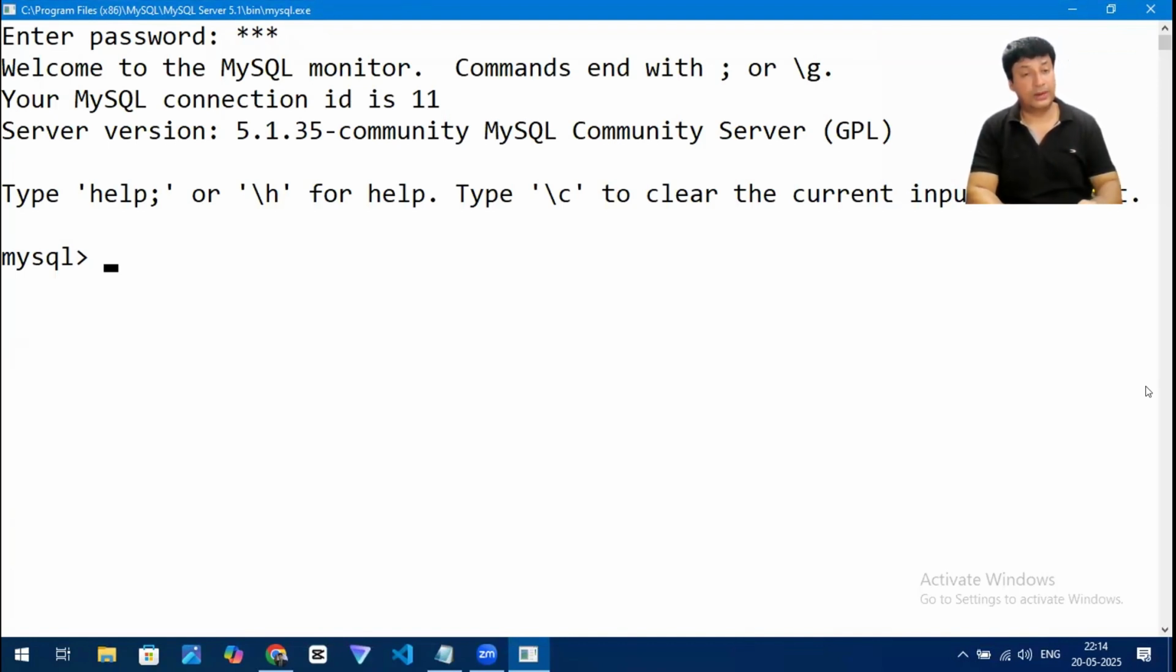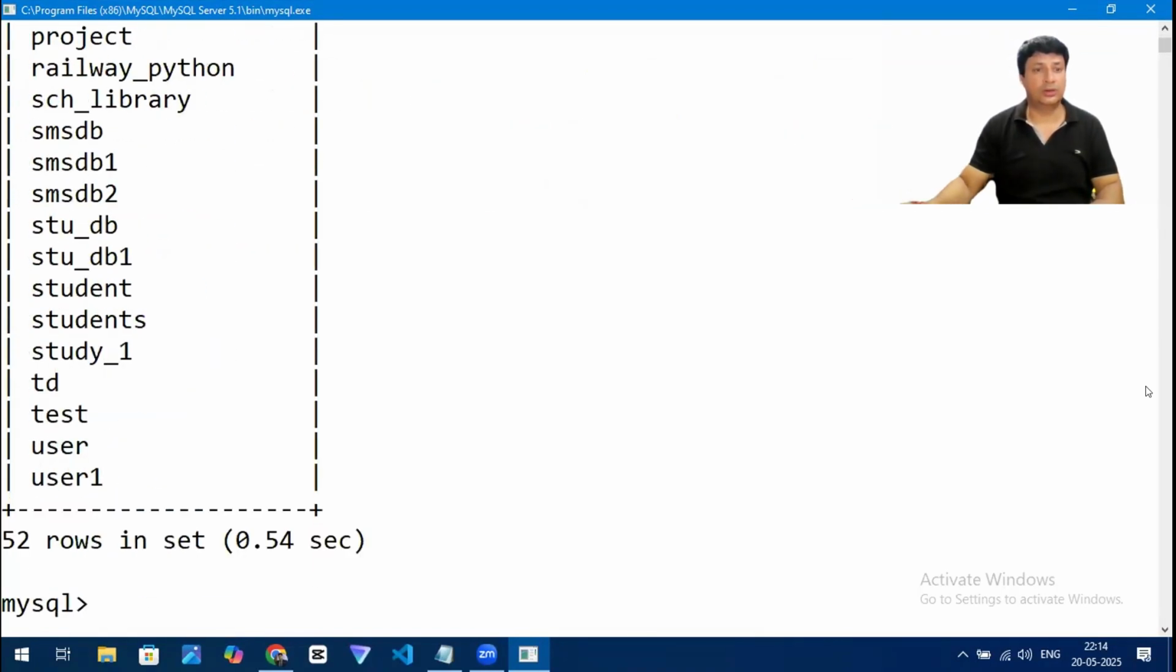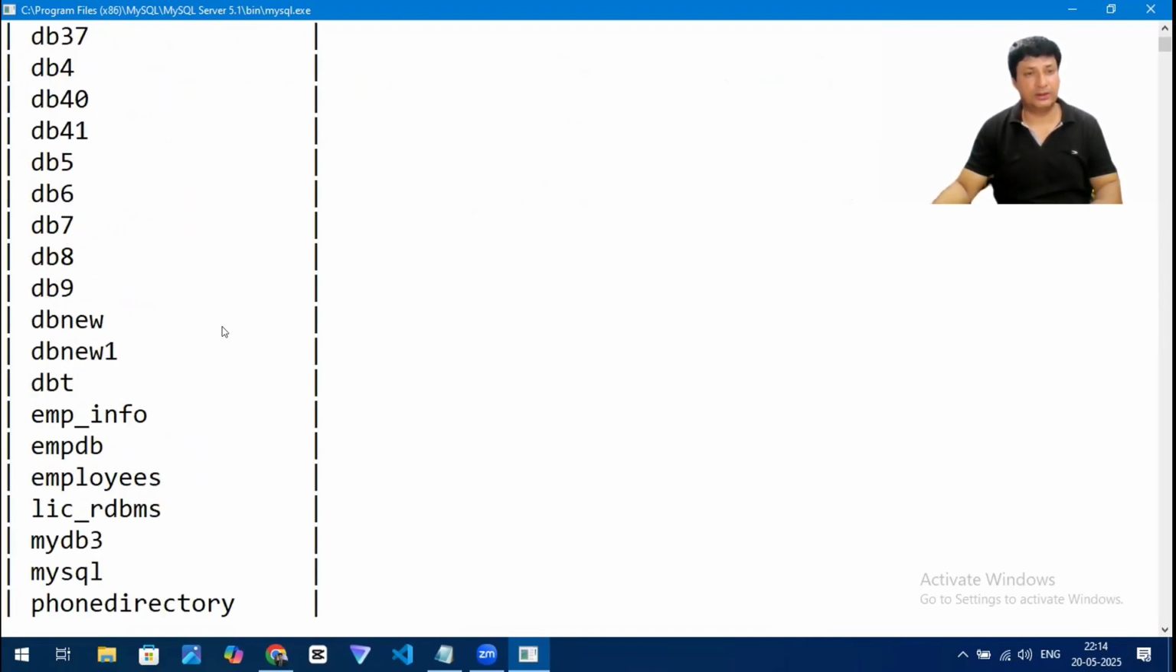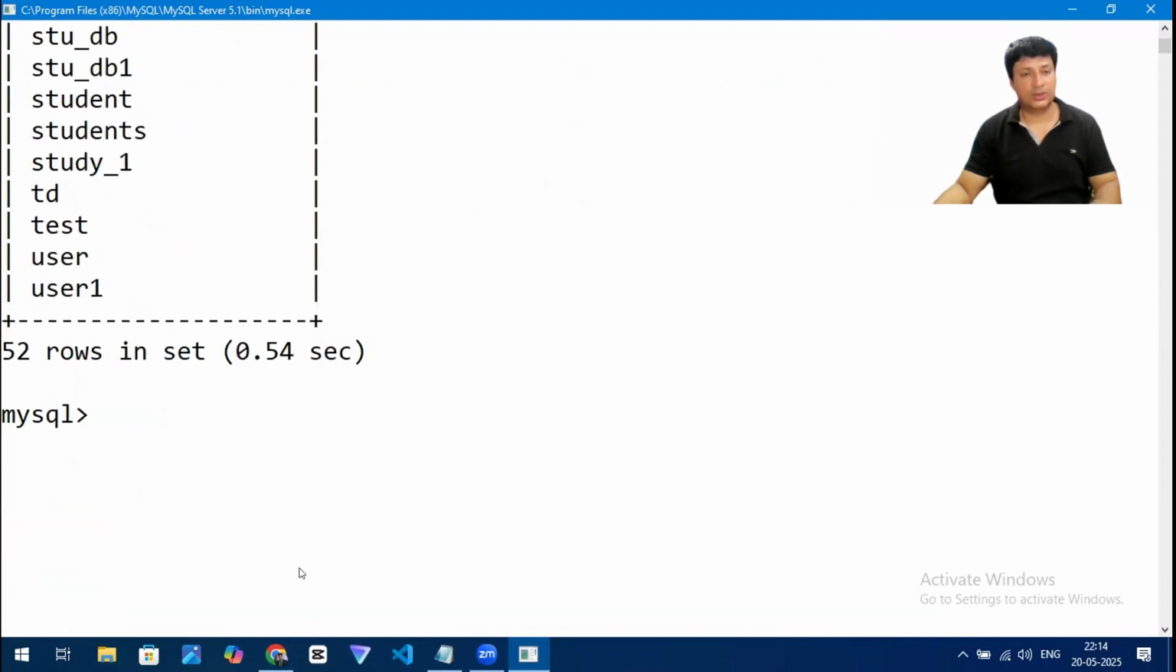If you want to know how many databases this system has got, you can simply make use of a command called show databases. It will show you all the databases available in the system. Most recently, we have created a database called DB40. So I'll simply make use of that, use DB40, or otherwise, if you want to create a new database, you can simply create database,